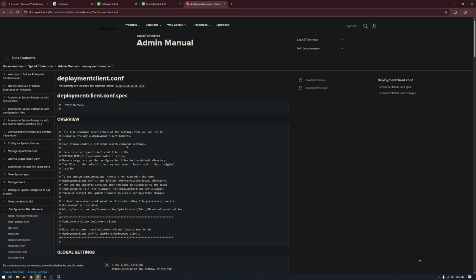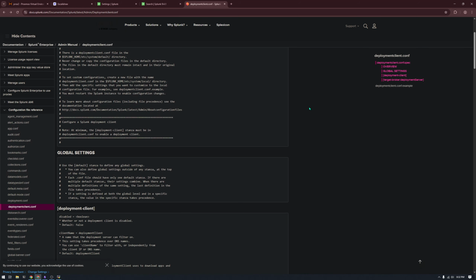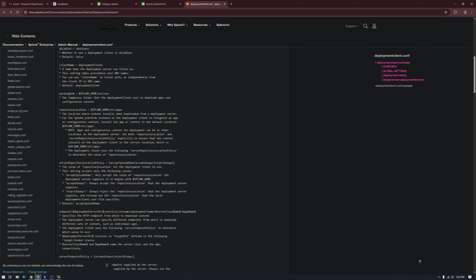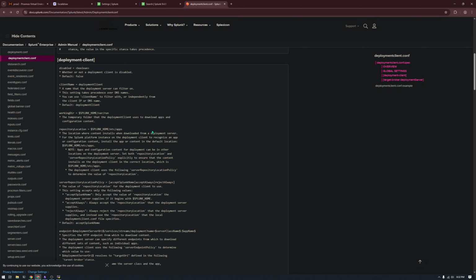So for deployment client, we're here getting inspiration for how we want to set up the config. You can do it via the GUI. So we'll do it via the GUI on the heavy forwarder, and then we'll do it via the backend on the search head just to see the differences. But typically when we create an app, or when we create a config where we want to connect an instance to another,